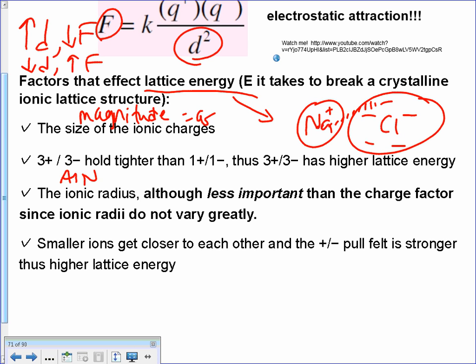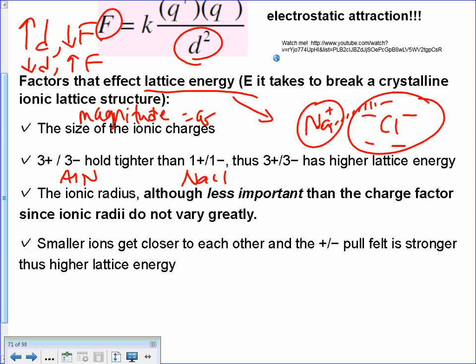Aluminum nitride. Now the 3s are not there, but we know they're there, so that would have a much stronger attraction for itself, meaning a much larger lattice energy, versus something like we just did, sodium chloride, which has a lower magnitude charge product, is what we call it. The radius of these doesn't change